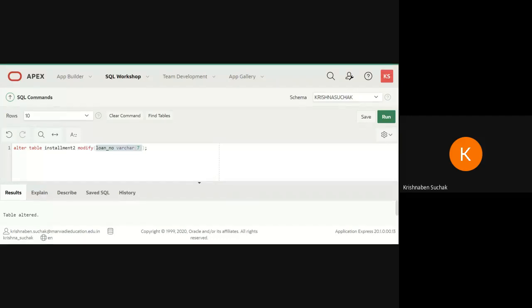So what will you do here? Here you are going to write installment number and varchar here 4. Okay, then go to run. Table altered. That means now your installment number size is 4. Okay. Try doing this and after completing write here done. Those who have not given an answer even once, write done. I am expecting you people to write this time because this is the easiest one.